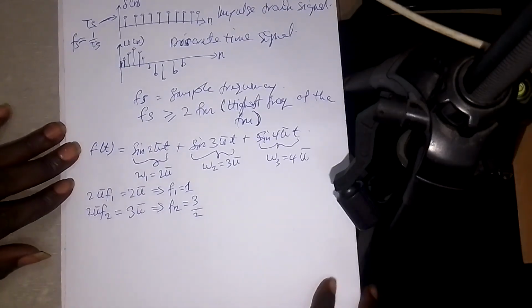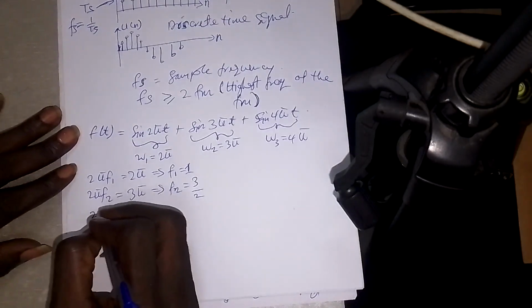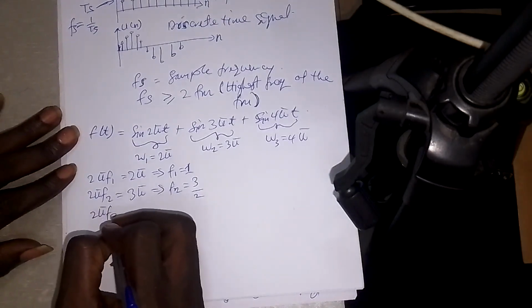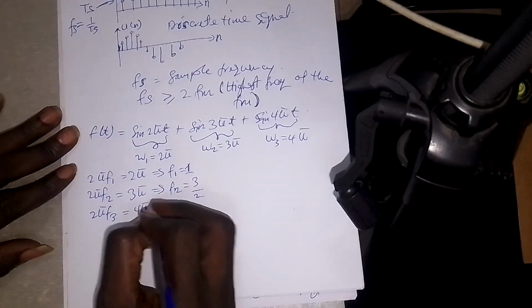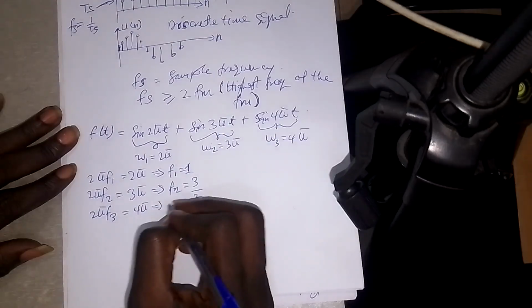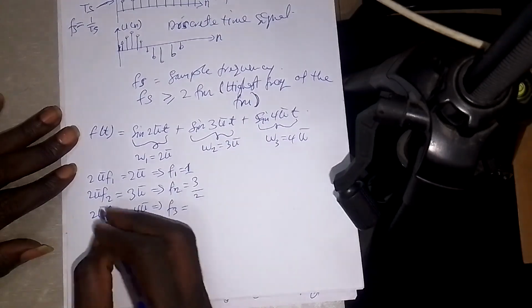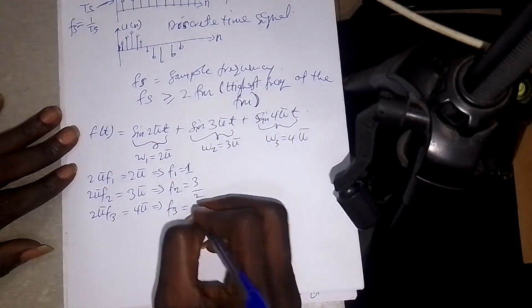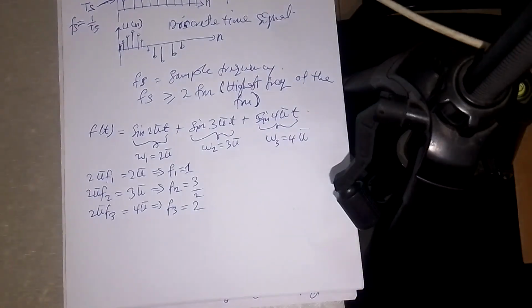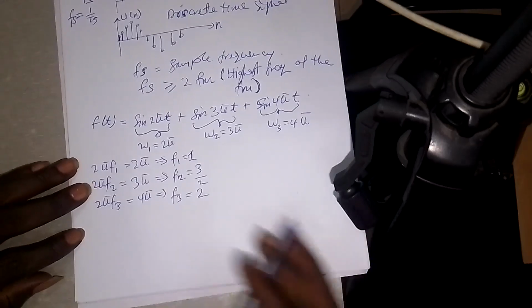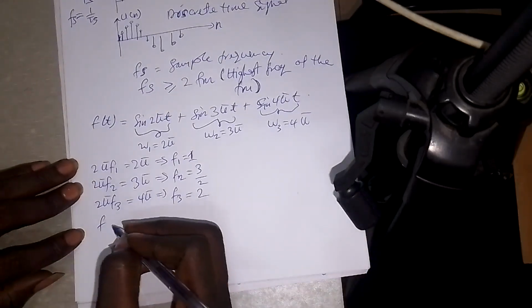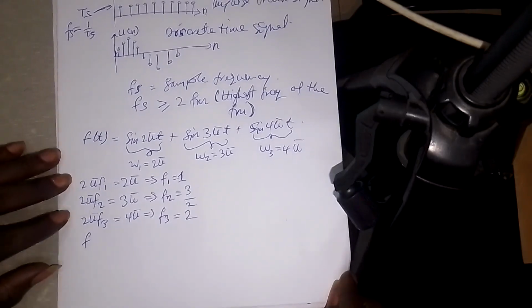I can also have 2 pi F3 equal to 4 pi, so F3 will be equal to 2. So you see that it can have several frequencies. Now I will take the highest frequency. So now you see that my Fm, let me say that my Fm